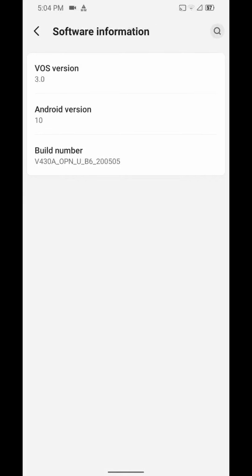Basically, we review all the software and GSIs that have been released for the Redmi Note 7 Pro or Galaxy Note 10 Plus. So this particular software which I am using on my Redmi Note 7 Pro is very unique. It is known as VOS. You must not have heard about this yet, but it is specifically available on our Telegram group. It is being developed by KP. He is a very good developer. So just head to the Telegram group if you want to download this software. As you can see, it's on Android version 10, and the build number is of no use. If you want to note it down, you can, but there's no use checking the build number.